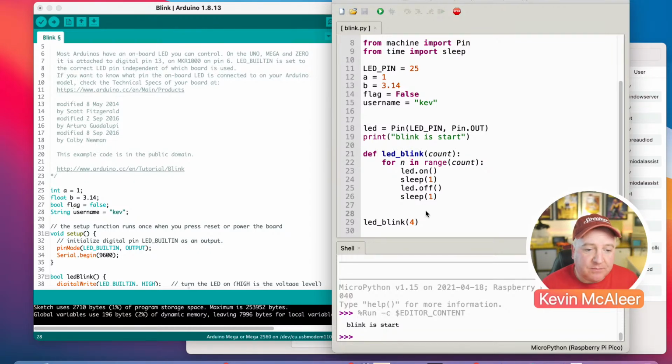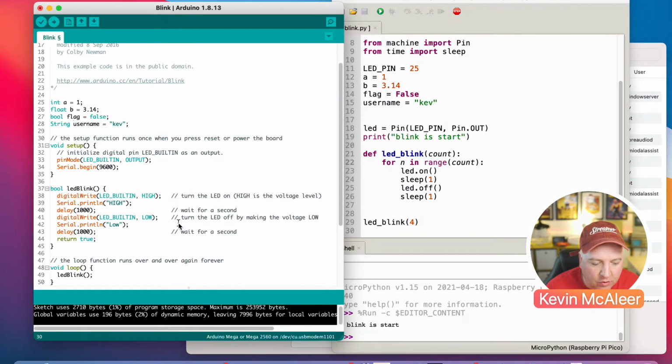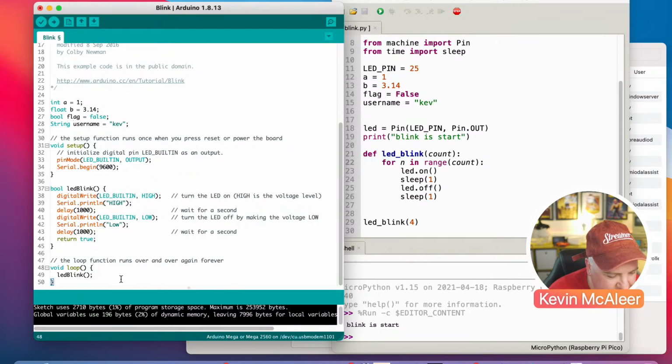So anyway, I'm doing quite a few things here and I want to explain what I'm doing. We have for loops in Arduino. We have while loops, for loops, and do we have repeat until? I don't think we do. That's Pascal. So we have for loops and they work very similarly. If we come down to our main loop here and we say for n, it's been a while since I've done it in here. I think you need brackets as well for this. Then we say something like n less than or equal to...